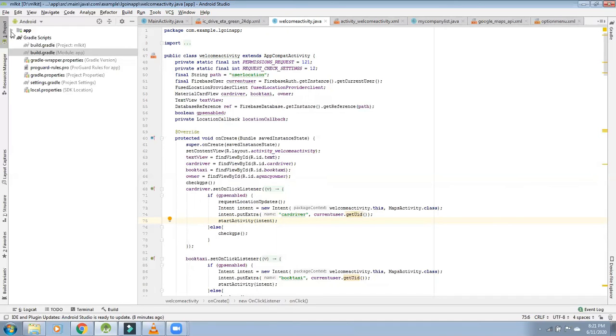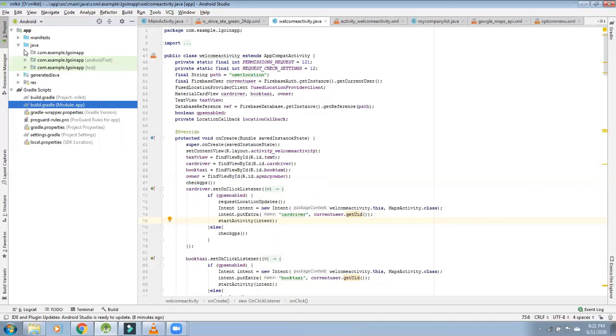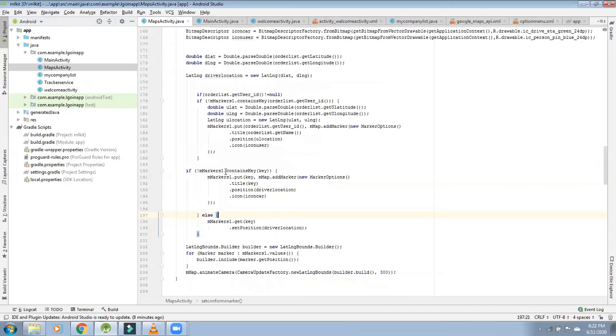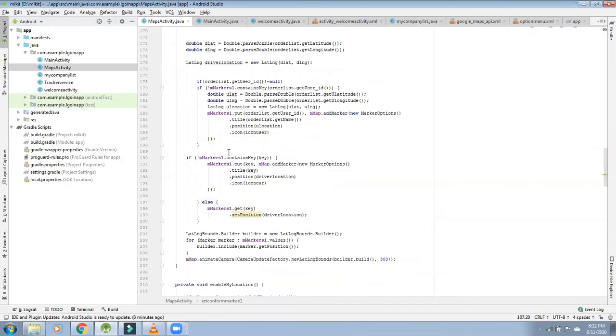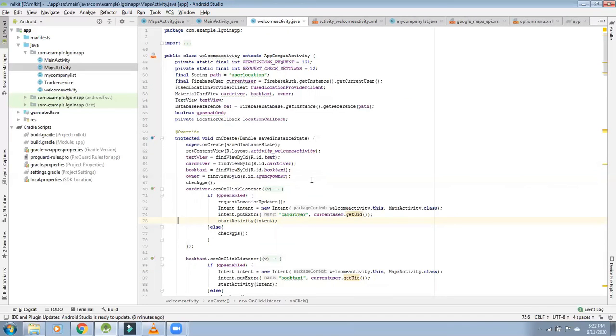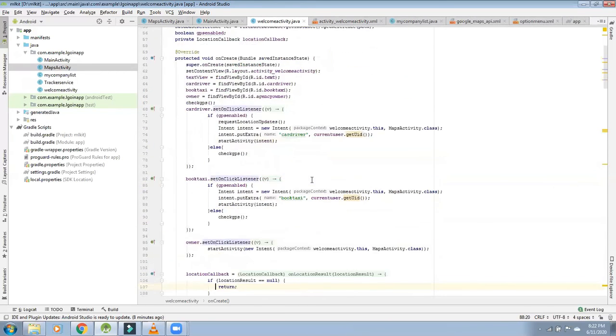I'll show you here. I'm getting the location updates, and those location updates I'm sending to the real-time database. I'll just show here.